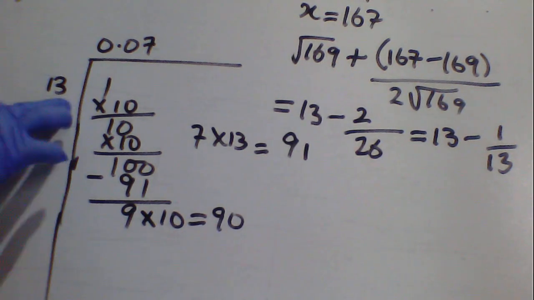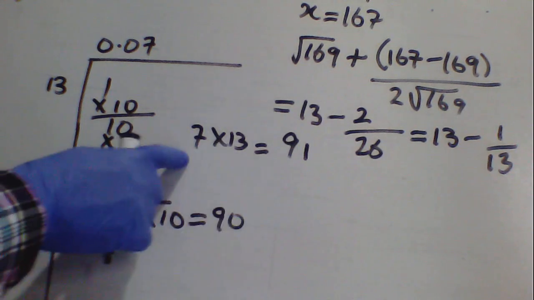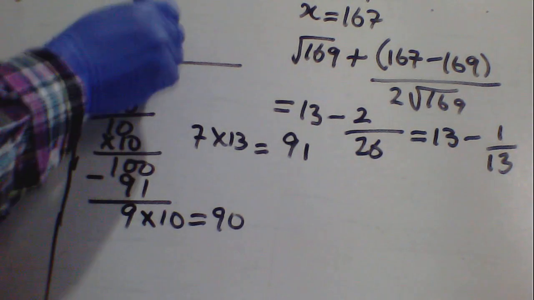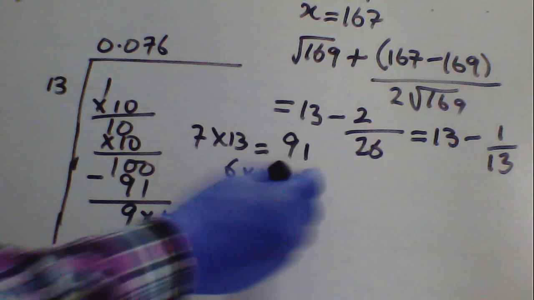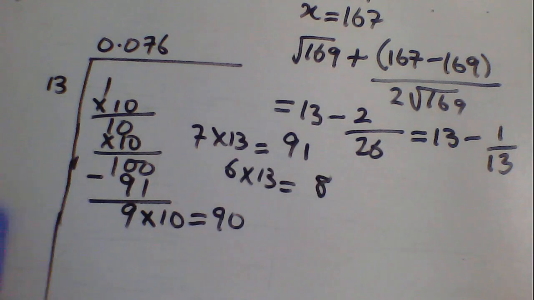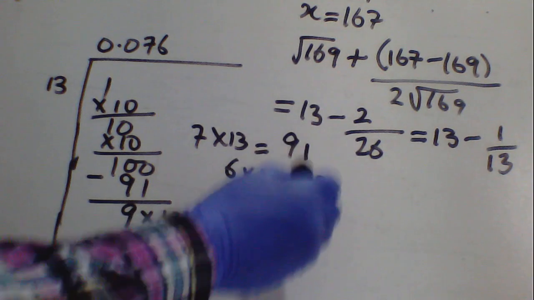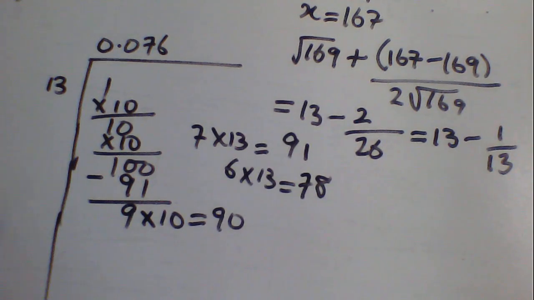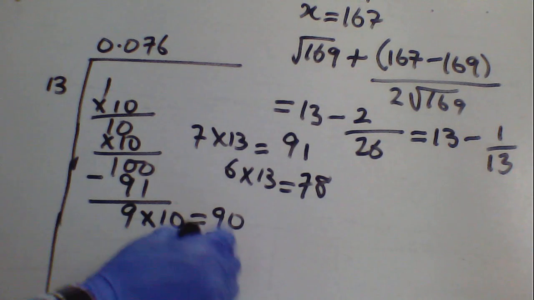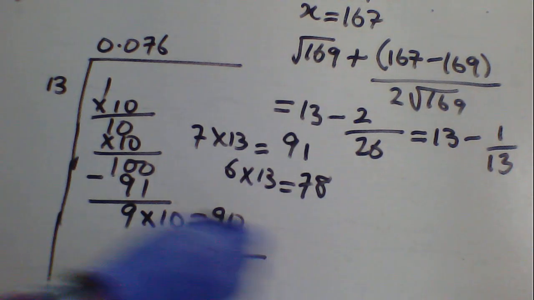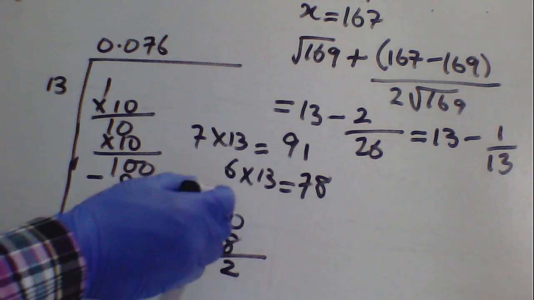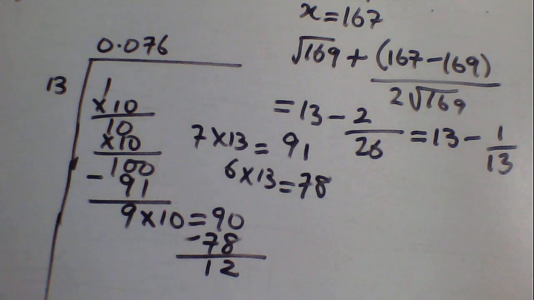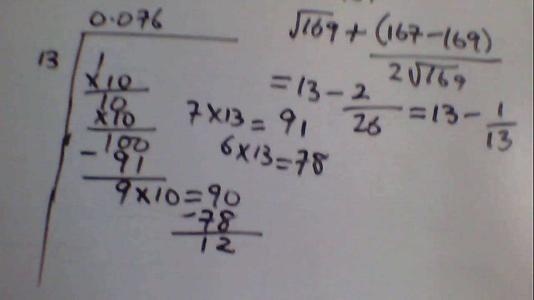90 divided by 13, since the nearest is 7 and we have 90, it's likely to be 6. 6 because we know that 6 times 13 will give us what? 6 times 3 will give us 18. I write 8 carry 1. 6 times 1 is 6 plus 1 will give us 7. So 6 times 13 will give us 78. You subtract. Carry 1, put here 10. 10 minus 8 will give us 2. 8 remain. 8 minus 7 will give us 1. So the next thing is to